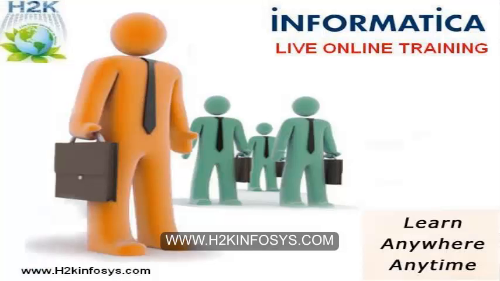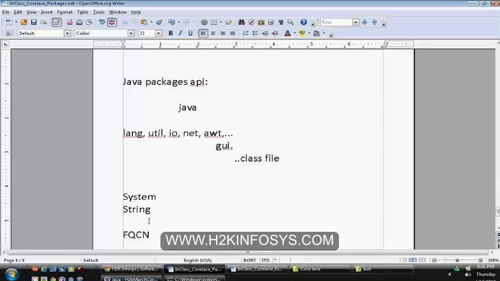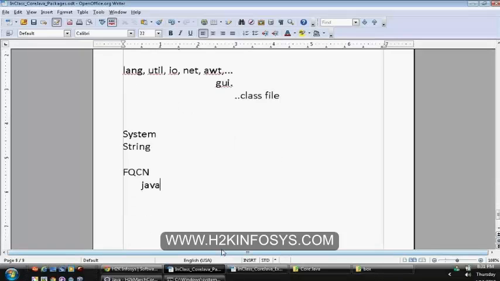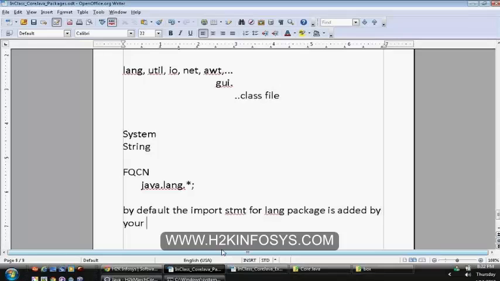But with respect to System and String class, we haven't specified the fully qualified class name. These files are available under the java.lang package. So by default, the import statement for the lang package is added by your Java compilation system.